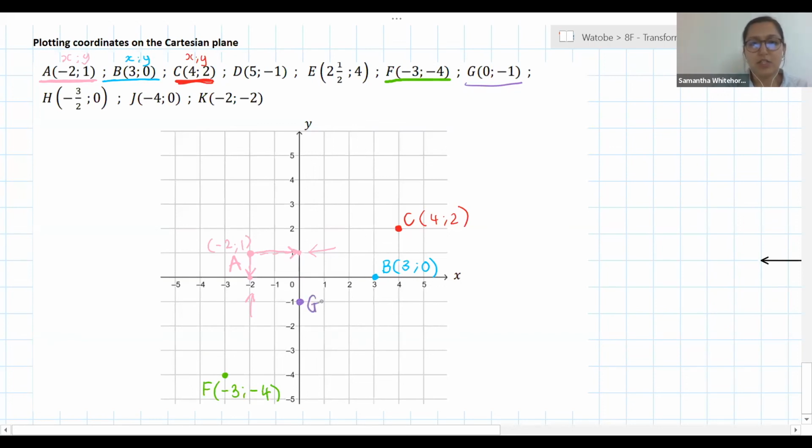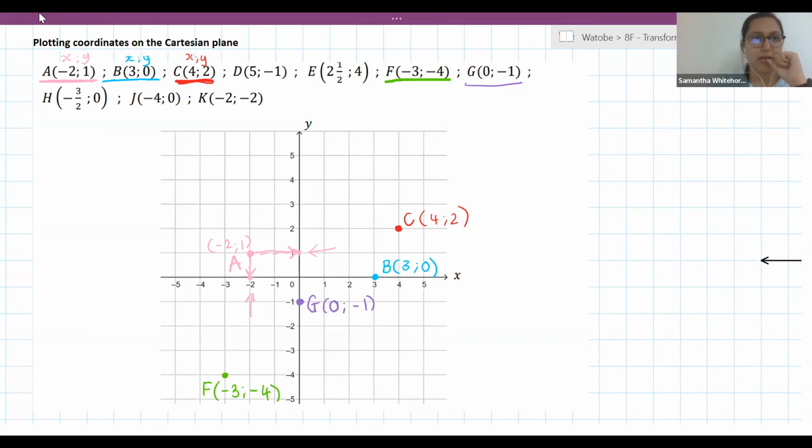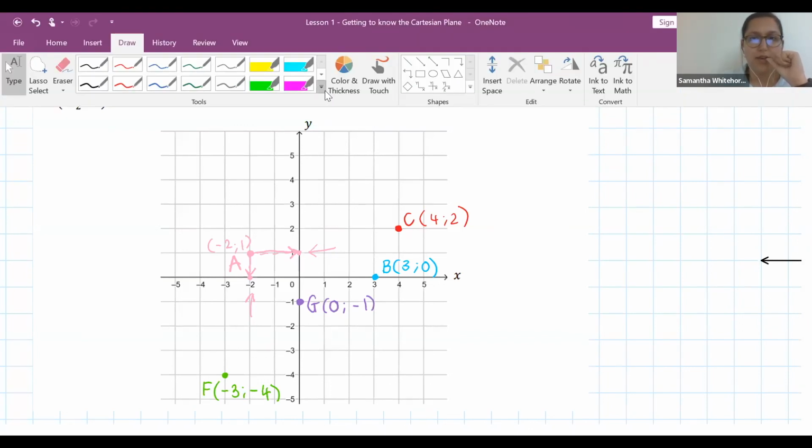Okay, so guys, this is G. Remember, we spoke about the fact that whenever our X is 0, it's going to sit on the Y-axis. So it sits on the Y-axis at -1 because X is equal to 0. Excellent. Well done. Right. Let us try a little trickier one with a